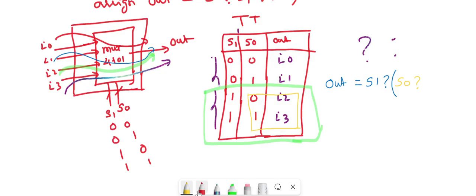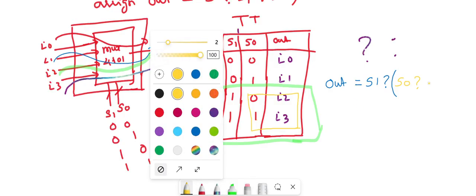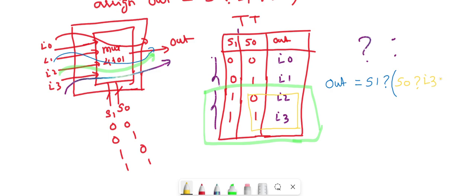If S0 is true, I3 will be transmitted here. Else, meaning false, I2 will be transmitted. Understand? Over. The next one: if S1 is false, you can write here,